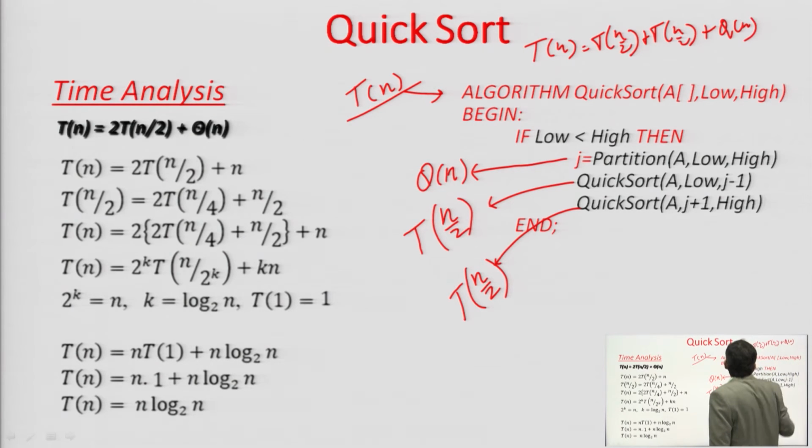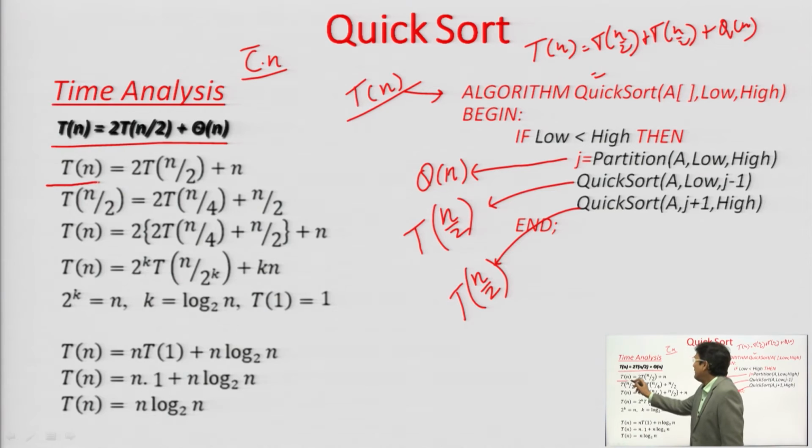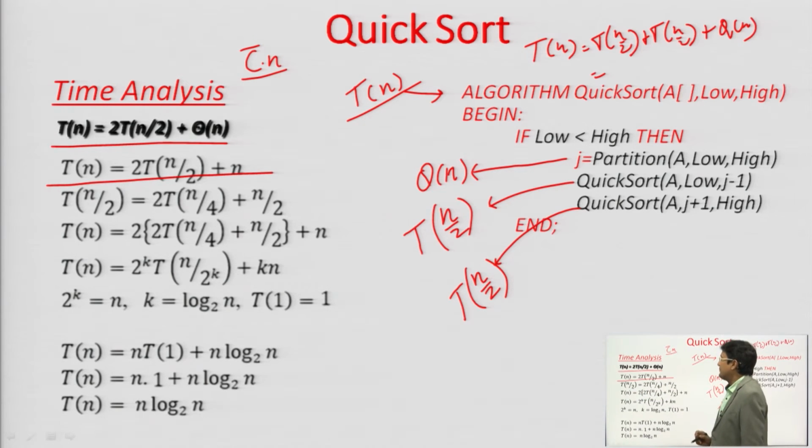Theta n is the complexity of the partition. This can be written as T(n) is equal to 2T(n/2) plus theta n. Theta n can be represented as c into n. Let us say we are assuming that the value of c is 1. So, we have simplified this expression and the simplified expression is this one, T(n) is equal to 2T(n/2)